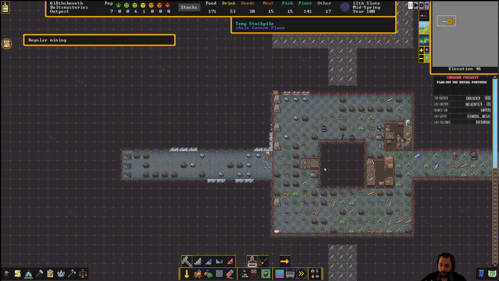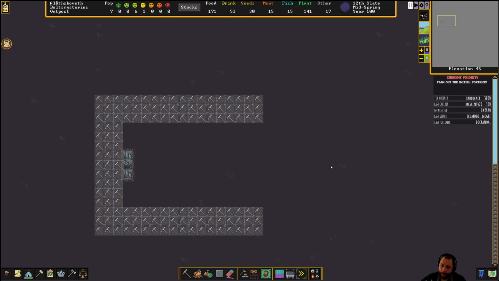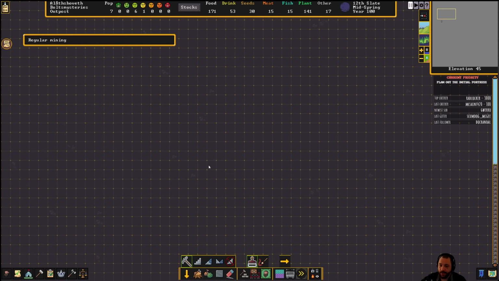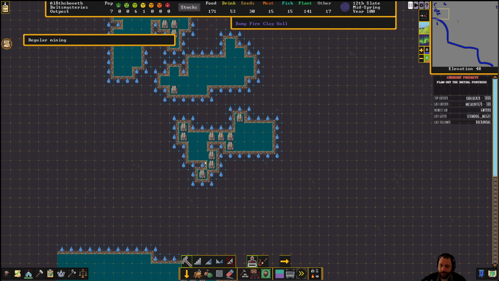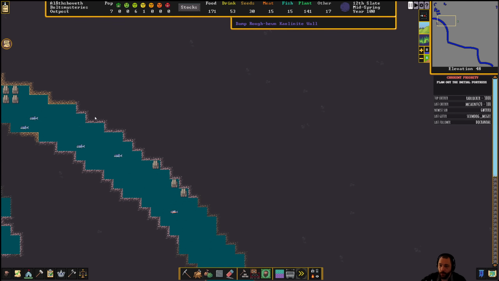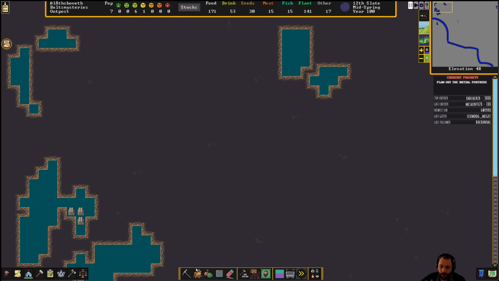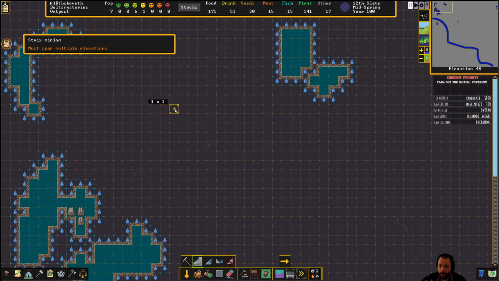So here's what I'm thinking. I want my stocks close to the trade depot, and I want my traders to not have to travel very far. So it makes the most sense because of the availability of soils. We have soil only in the northwest corner of the map, right? We only have soil like around here. So if I have a farm, I'm going to want to farm...